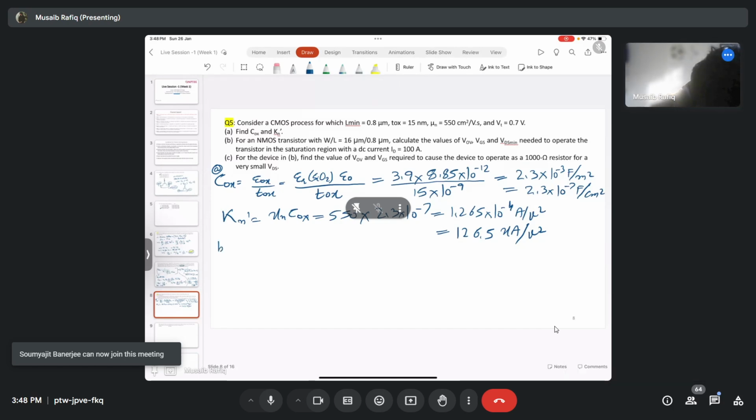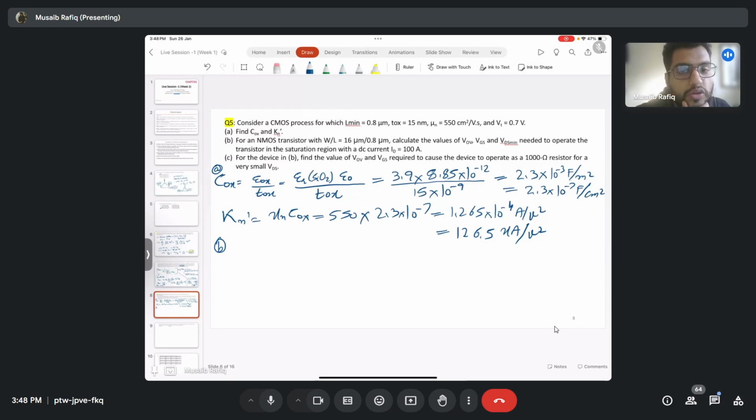Now this is part B, which states that for an NMOS transistor having W by L equal to 16 by 0.8, calculate the values of overdrive voltage, VGS, and VDS min needed to operate the transistor in the saturation region with a DC current of 100 microamps. So required is, we know that in saturation ID is equal to Kn bar by 2 W by L V overdrive whole square, and it is given to be